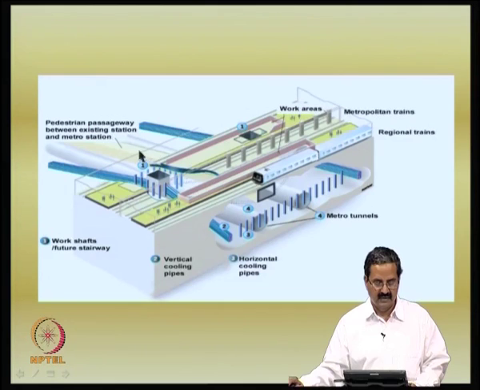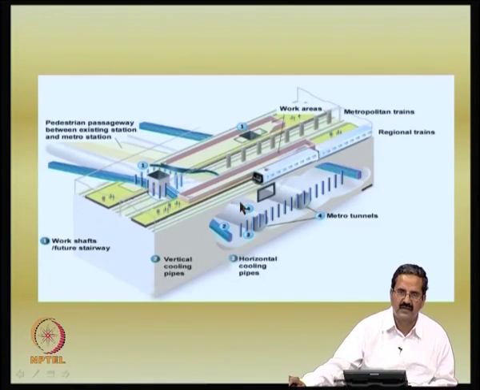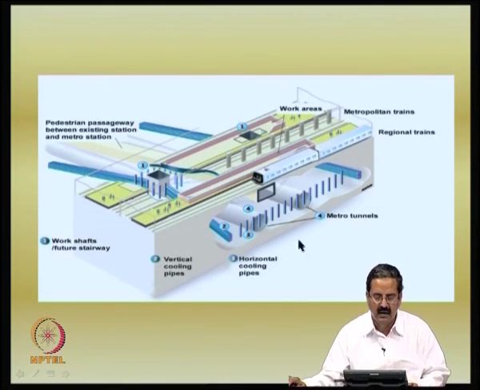This is the pedestrian pathway between the existing stations, this is what they have created, and this is the shaft, with vertical cooling systems. These are vertical cooling systems, and there are horizontal cooling systems. They have metro tunnels here, which are tunnels already working. These are all the systems. Then your trains are going, but they are able to use a system like this, which is quite effective in solving their problem, which means that they have done a solid engineering job in locating all these things, and they have perfected the freezing technology here.